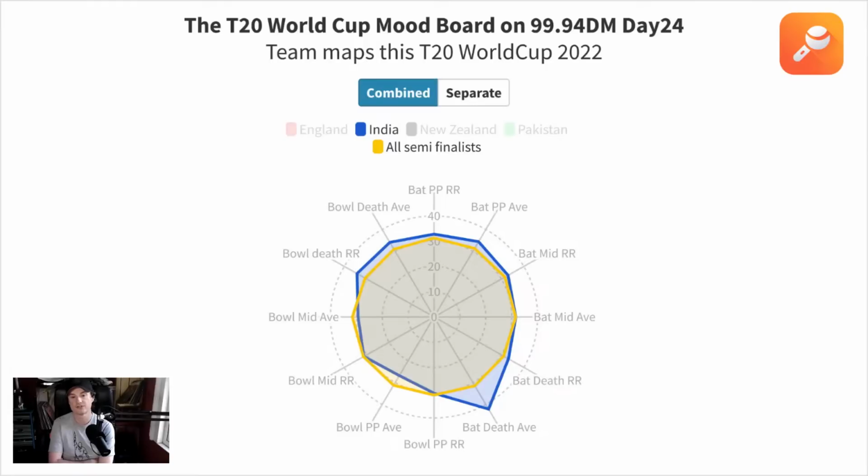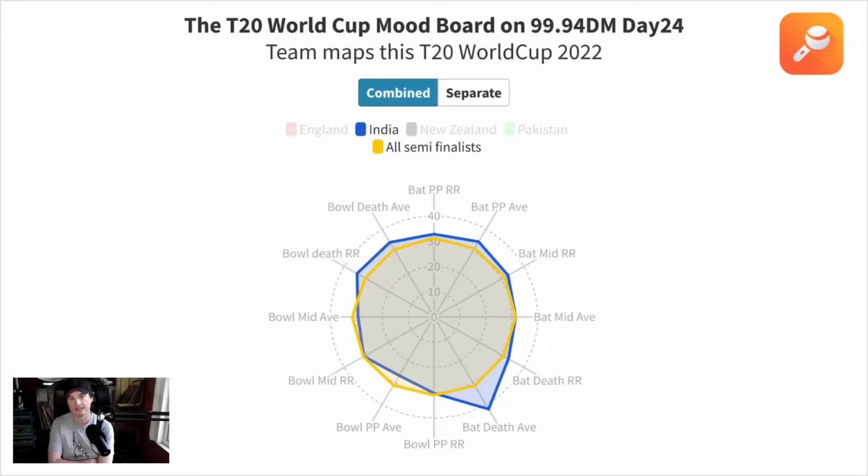We come across to bowling, and we see their strength start straight away, right? Taking wickets in the power play. It hasn't translated as much to the run rate, as you can see there. They're slightly beneath the other three teams when it comes to run rate. But it really is noticeable that they're taking wickets at the top. And that does have an effect with the fact that they continue to take wickets in the middle.